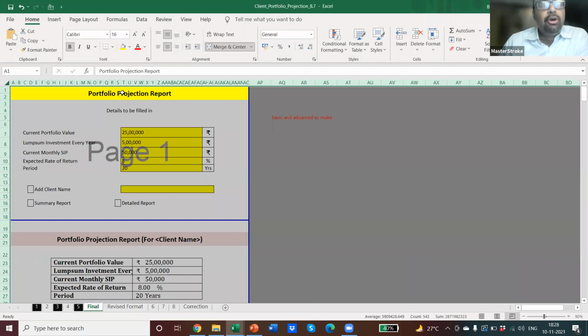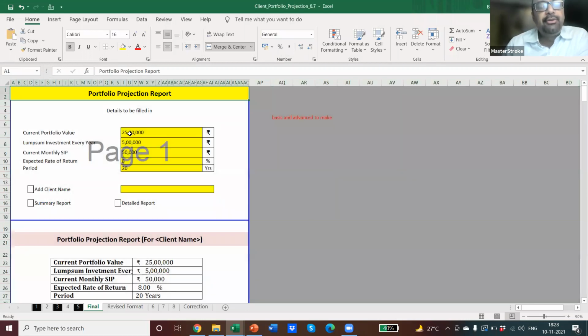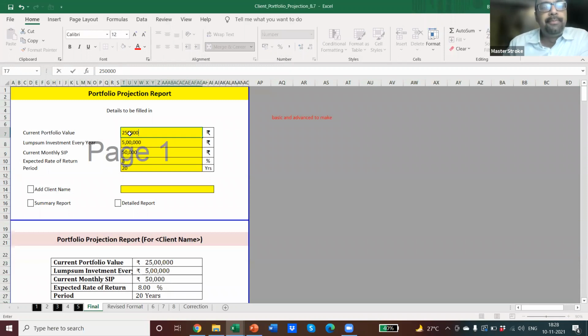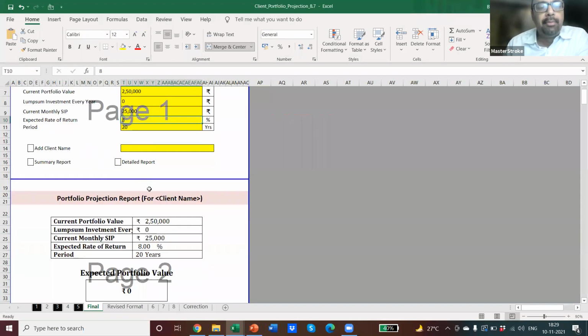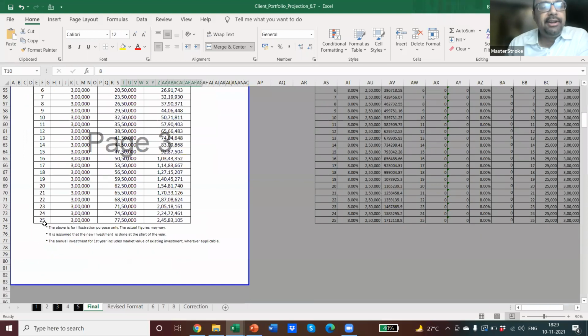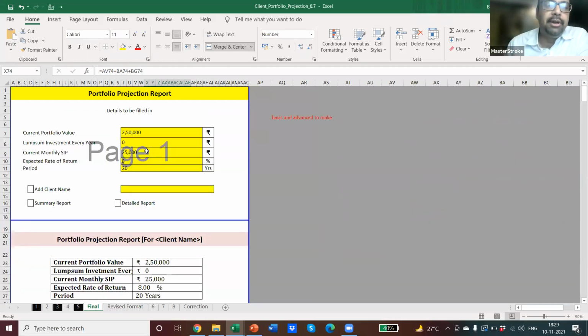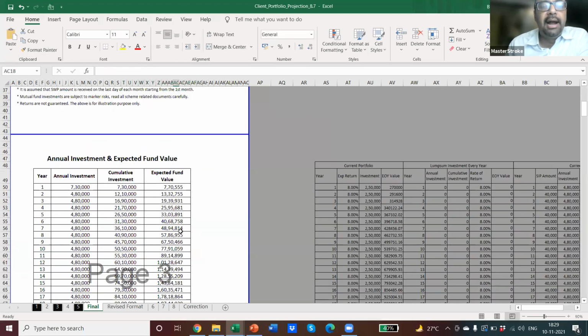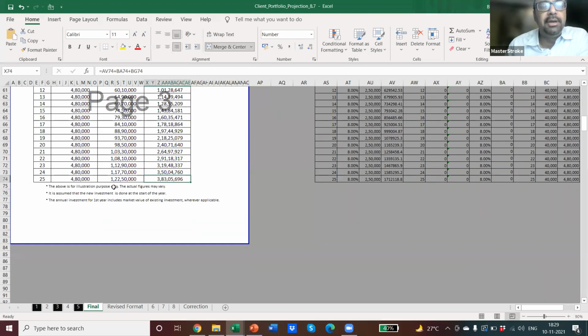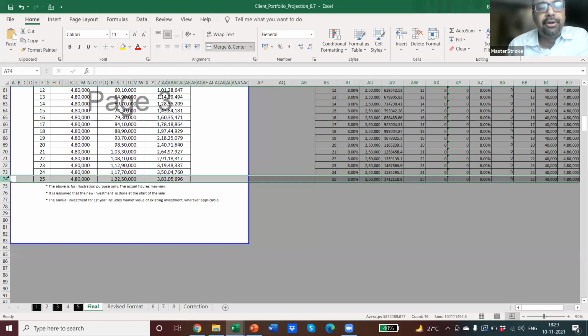This is called Portfolio Projection Report. Suppose the client is having 25 lakh rupees of portfolio with you, and he does 25,000 rupees SIP with you. The report says that in 25 years, his portfolio will become 2.45 crores. We are giving an option here that you can, so in one calculator, you can increase this 25,000 to 40,000 rupees, and then show a report to the client that if you increase just 15,000 SIP, your portfolio will grow to 3.83 crores. And I can tell you, friends, it works.